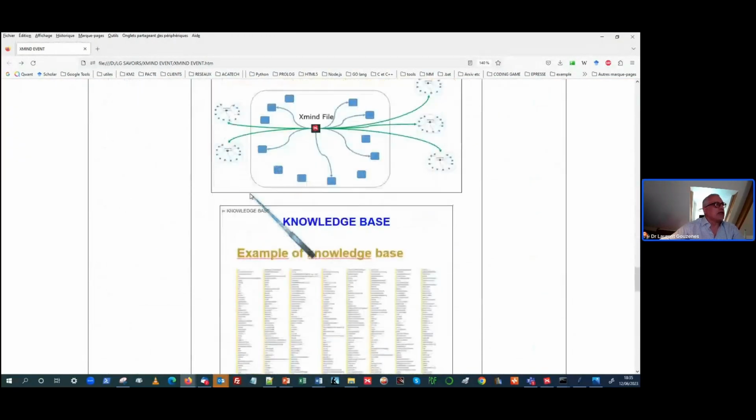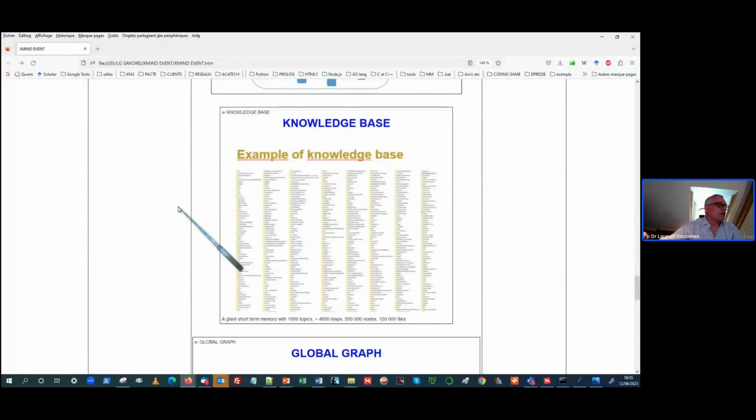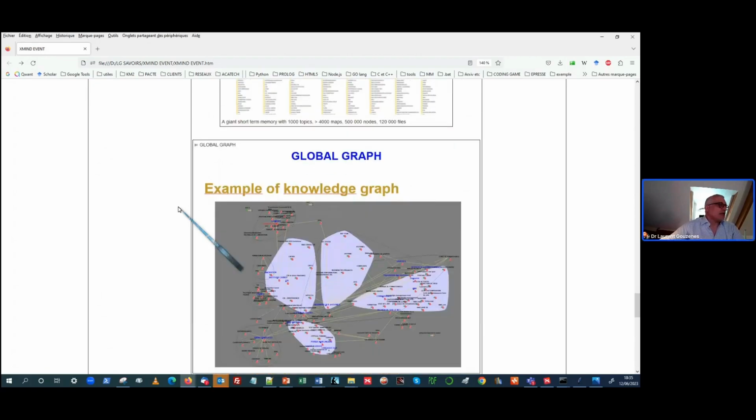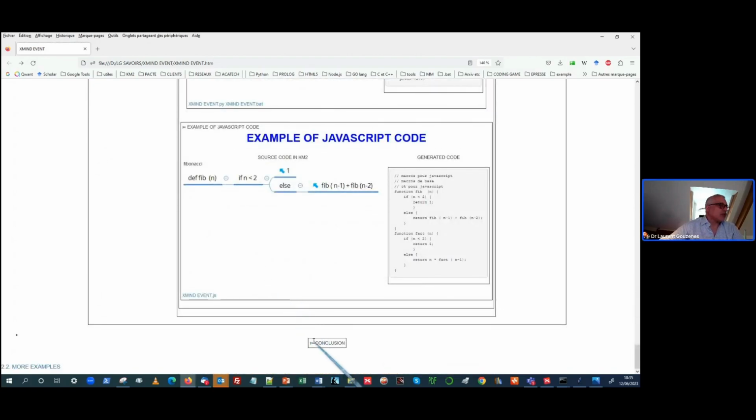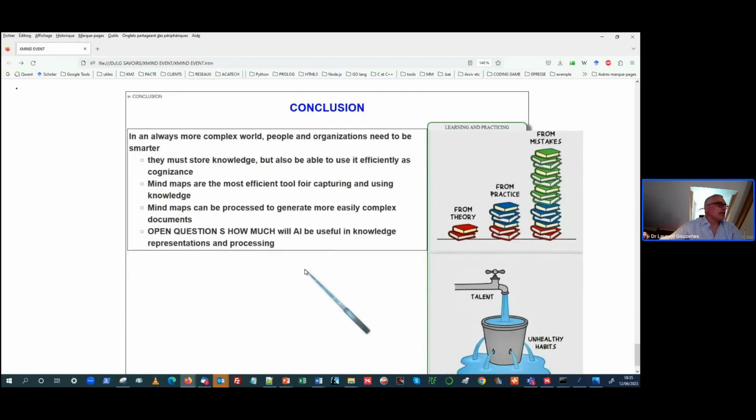So, in fact, I use Xmind as a tool to create knowledge and understand things, and then I can very quickly produce a document which contains the useful information that I need to send to my customers or partners or whatever. Okay, I think that's all. As a conclusion,